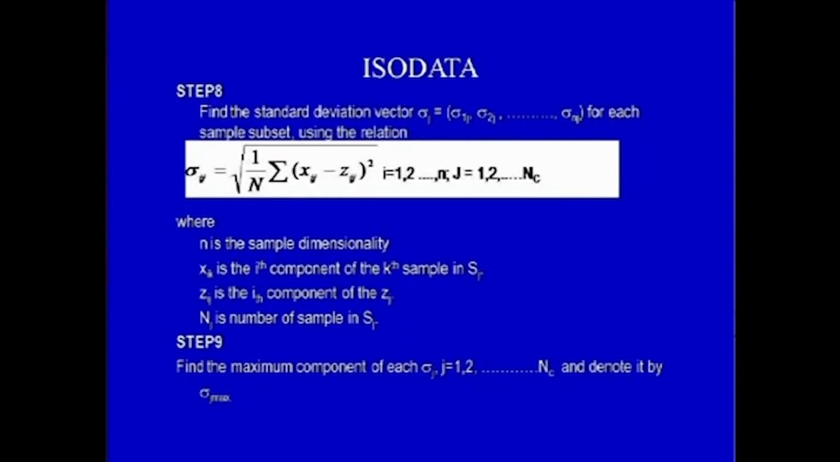The next step is step 8. Here we first of all find out the standard deviation vector for each of the cluster centers. Having computed this, we now find out the maximum value of standard deviation which is there, and denote this as